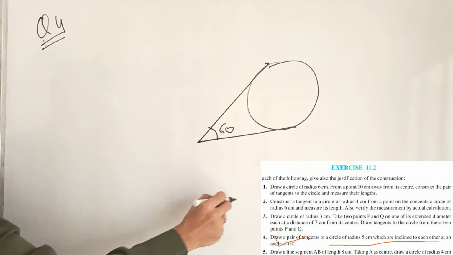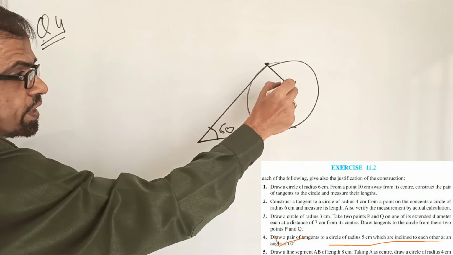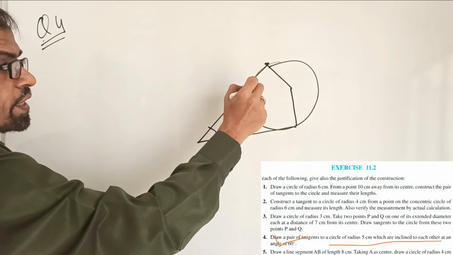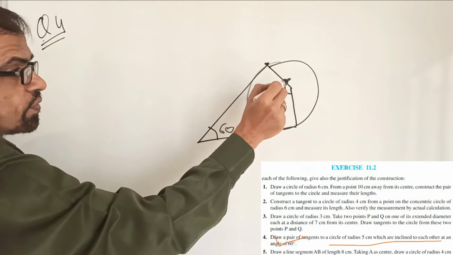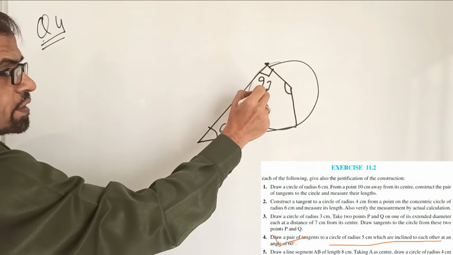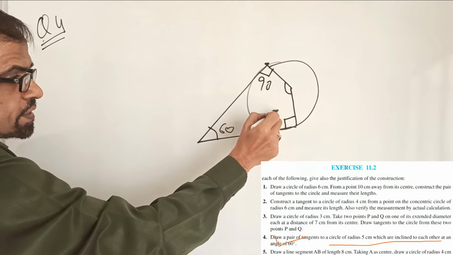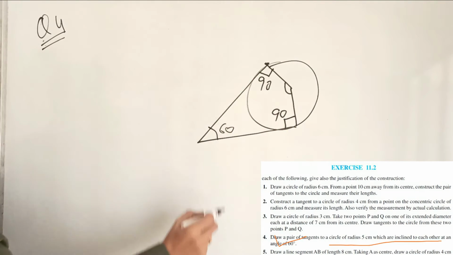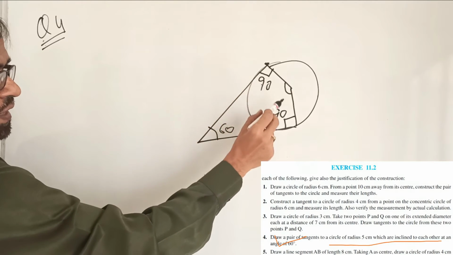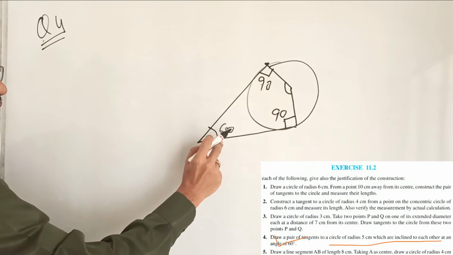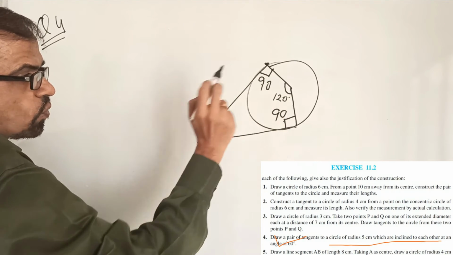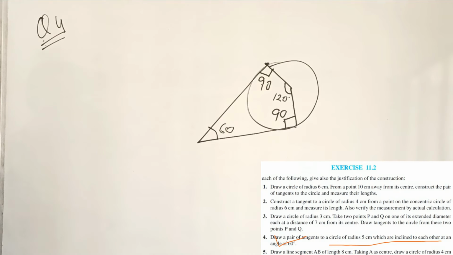Listen, we need the 60 degrees. So we will take one radius and draw a 120. Intentionally we take 120. Why? Because the radius is perpendicular to the tangent, this is 90, and this is 90. By the quadrilateral angle sum property, 90, 90, 60 means 360. In order to make it 360, this angle at the center should be 120. Okay, are you getting my point?